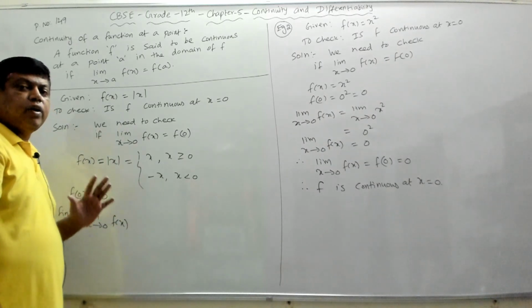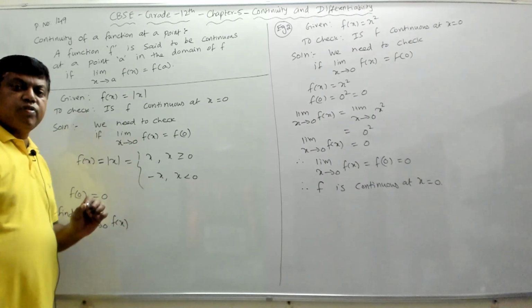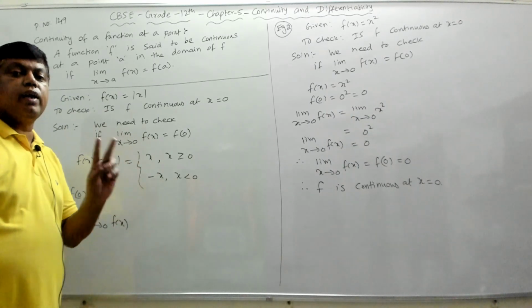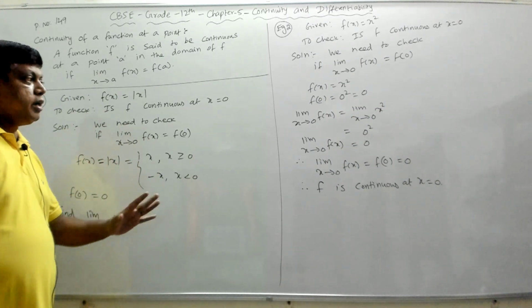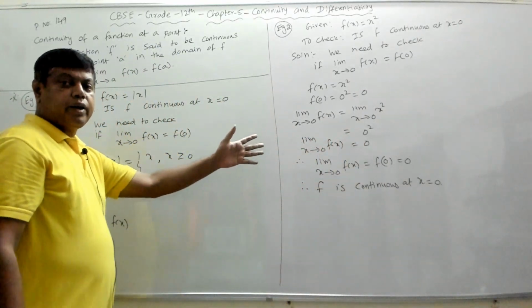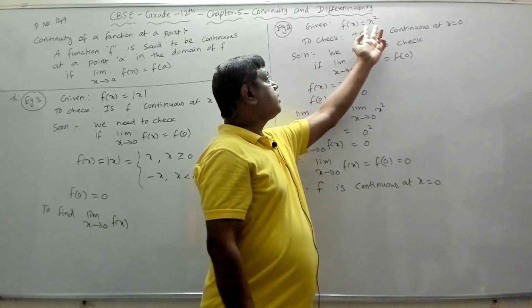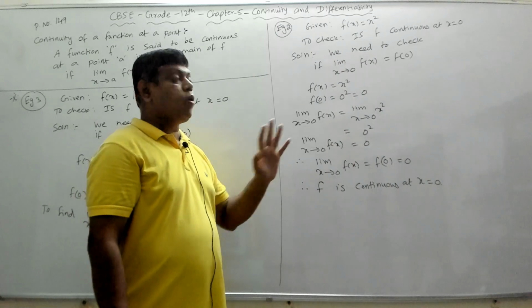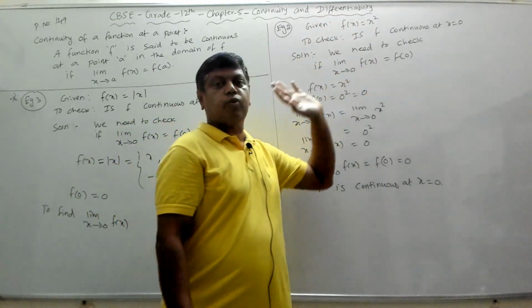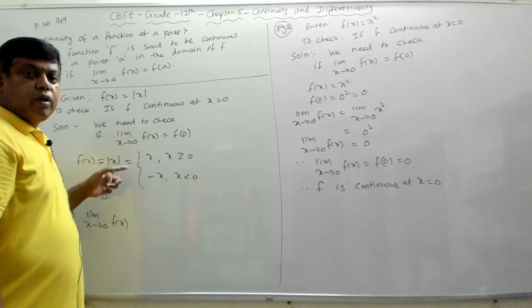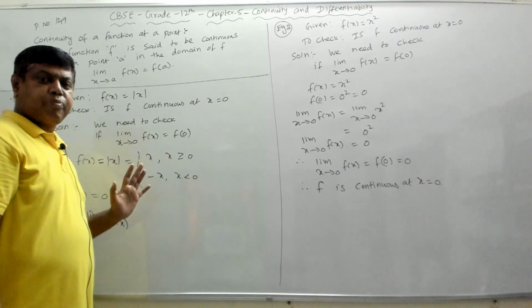So whenever we are finding a limit of a function at a particular point, we must check two conditions to see whether we have to find the left hand limit and right hand limit. Here we could directly substitute the limit. We didn't have to do left hand limit and right hand limit, because f of x was just x square. There was only one definition of f of x. So whatever the value of x, your f of x is x square. But here that is not the case. Based on the value of x, the definition of the function f of x is changing.